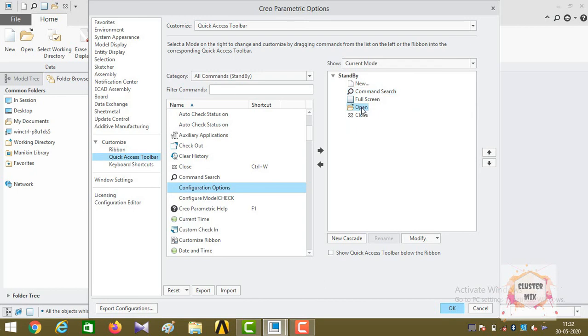You can also adjust the order of the quick access toolbar. You click on open and click the up direction key. I just want to delete full screen, so click on full screen and press the left direction key on the computer screen, and you may notice that it is shifted to the left side. And also there is an option whether you want the quick access toolbar above the ribbon or below the ribbon. If you want it below the ribbon, you just give a check mark, but I just want it above the ribbon, so I simply click OK.